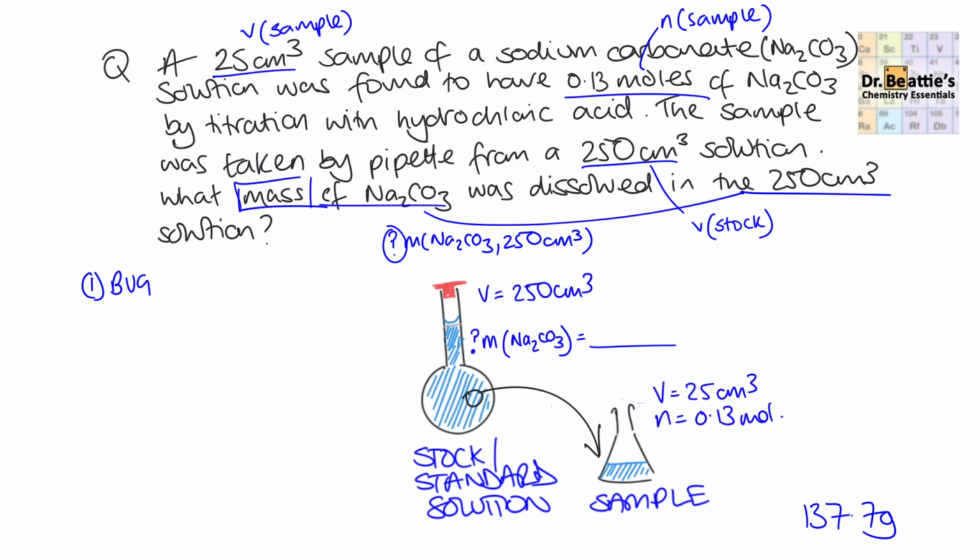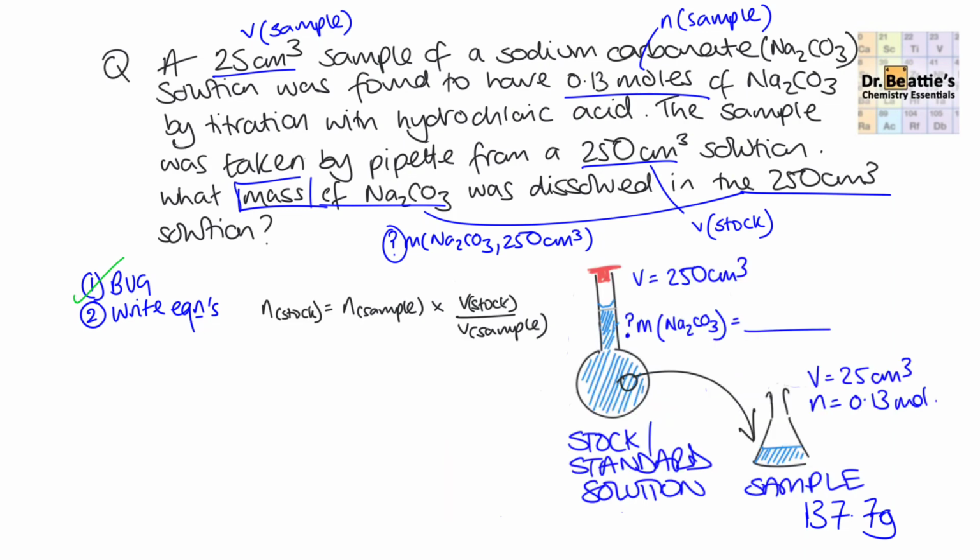on in this question. So by doing this, we can start to see for our second step what equations we need. Now we know if we've got the number of moles and the volume of the sample, we can use that to work out the number of moles of the stock. So the equation for that is here, that then helps us annotate on our diagram that if we can work out the number of moles of stock, have n for the number of moles of stock, and then we've got